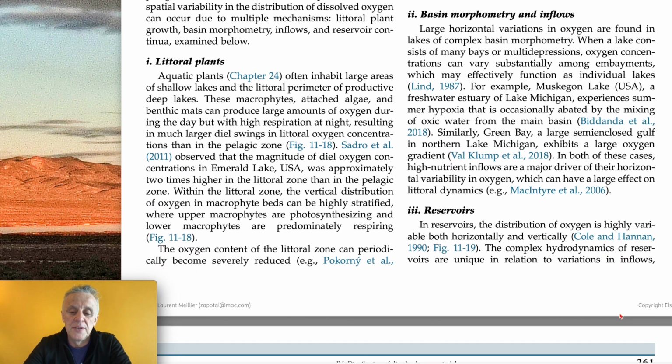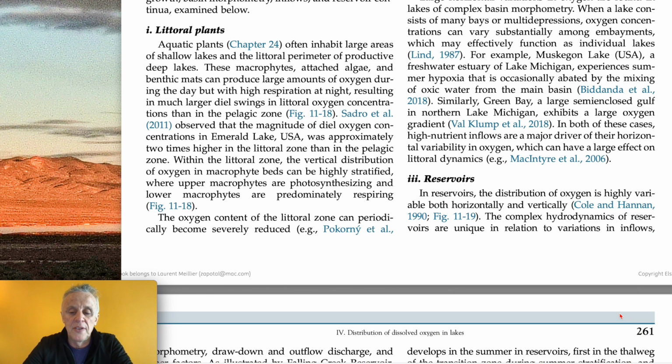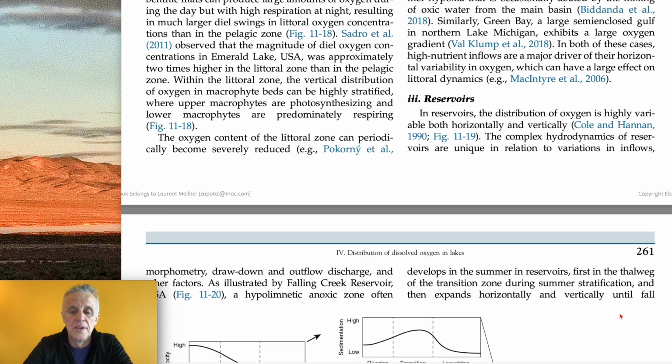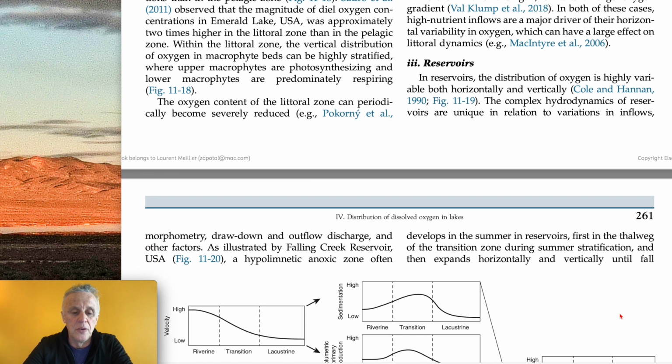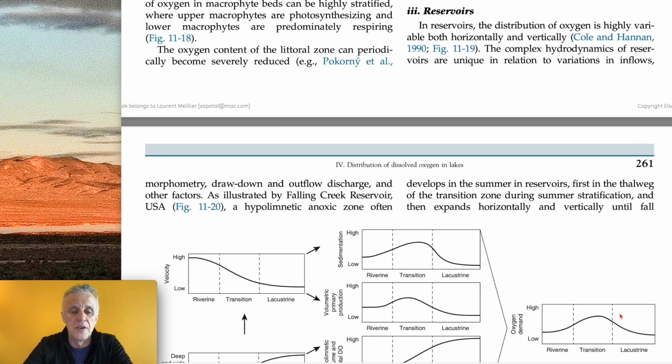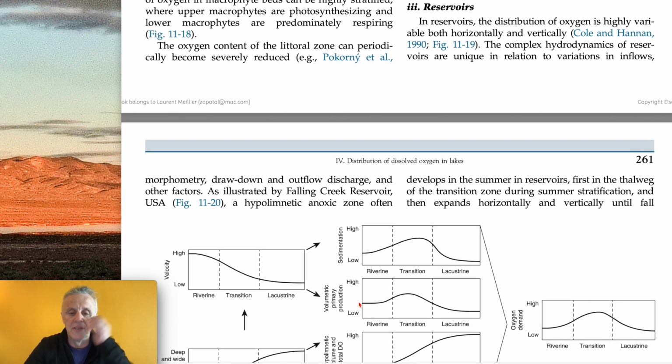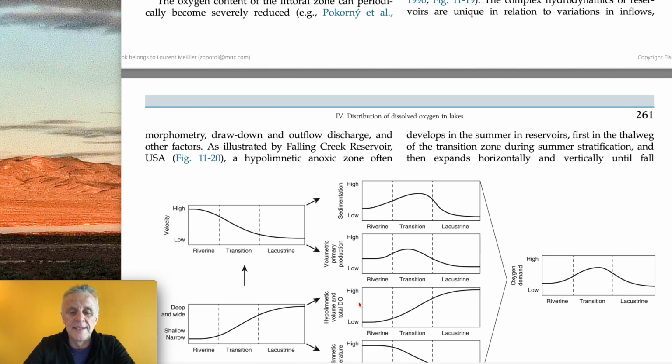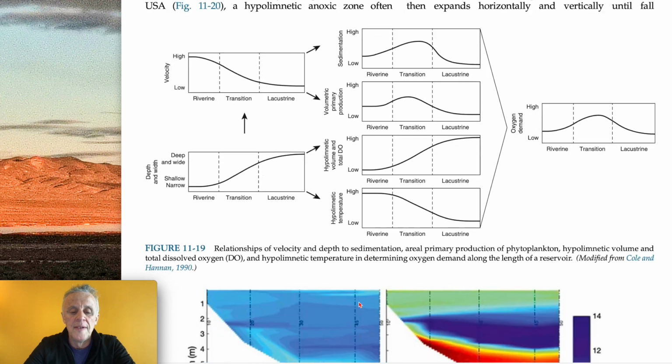Reservoirs. In reservoirs, the distribution of oxygen is highly variable, both horizontally and vertically. The complex hydrodynamics of reservoirs are unique in relation to variations in inflows, morphometry, drawdown, and outflow discharge, and other factors. As illustrated by Falling Creek Reservoir in Figure 11-20, a hypolimnetic anoxic zone often